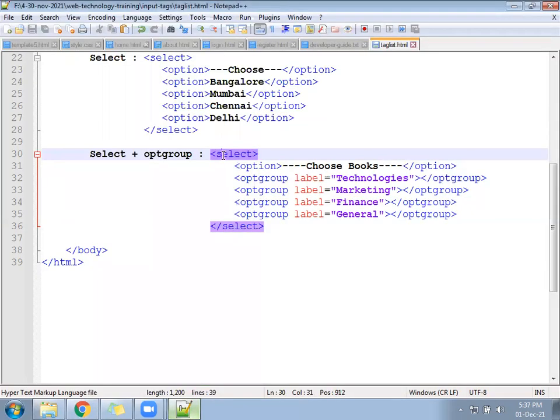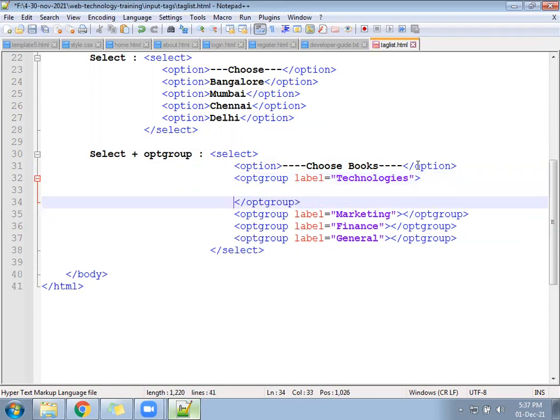Once you have written it, we need to add the options under each OPT group. So in total we have 4 OPT groups. Under the 4 OPT groups, we are going to add the options now.